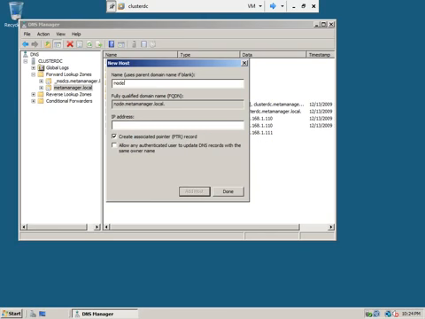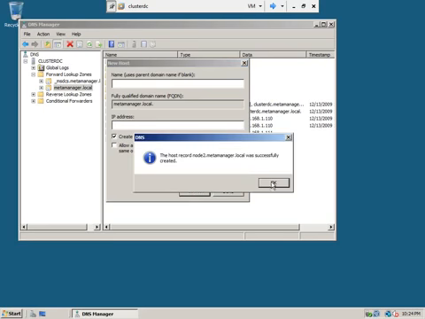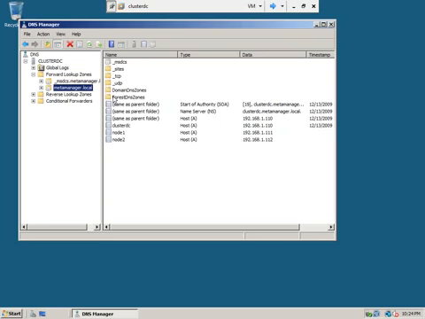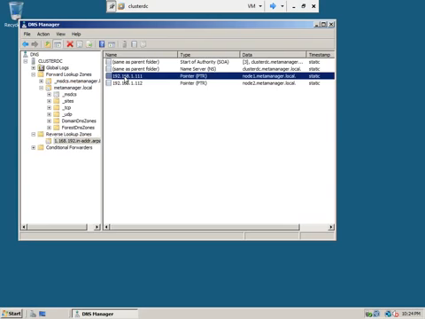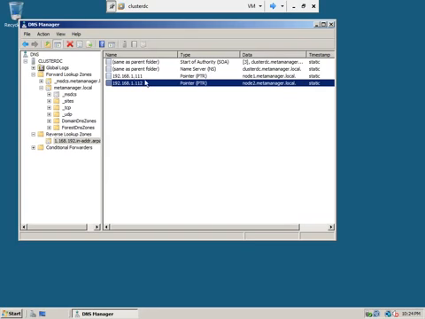Similarly, add node 2. Okay, we are done creating the two nodes here. So if you go and take a look at this, it added the PTRs here. Okay, now we need to go and create the